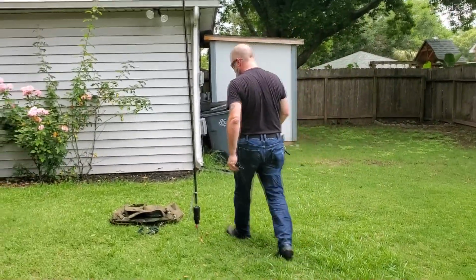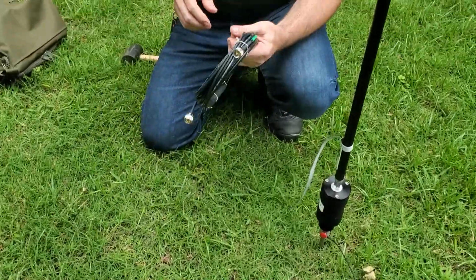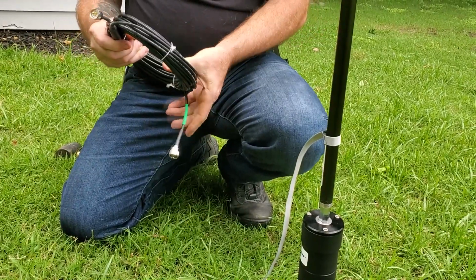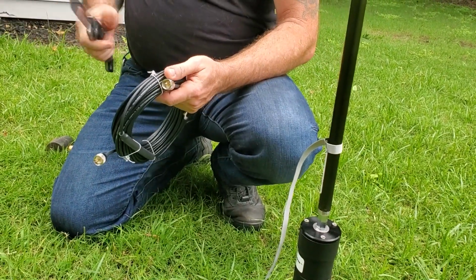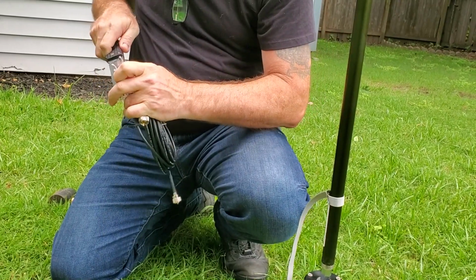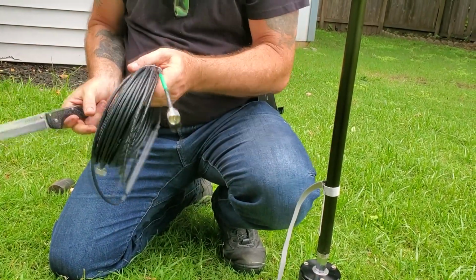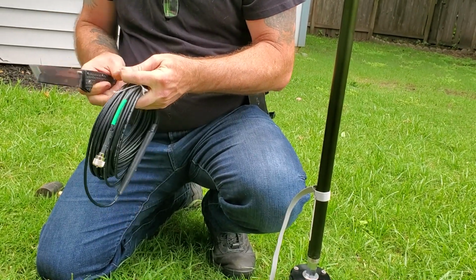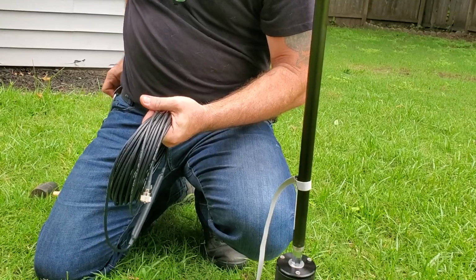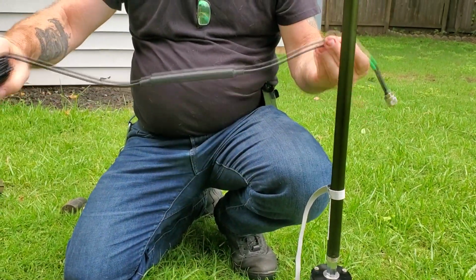Going back over to here now, the final step, aside from keeping everything where it needs to be, is going to be hooking up the coax. And they suggest that first of all, you make sure you cut off your coax packaging here. It's great for packaging, but sucks for real world use. So get that out of there. And you get 50 feet of this cable, like I told you guys inside, which should be more than enough to do anything you need as far as connecting your radio and having plenty of versatility for distance. So what they suggest is taking the section here that has the choke on it,